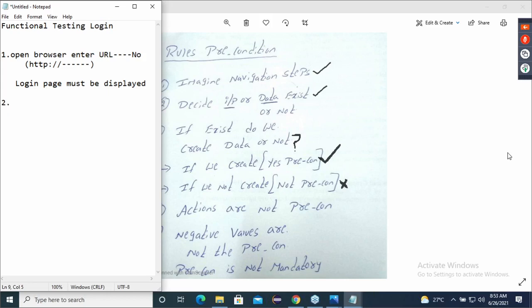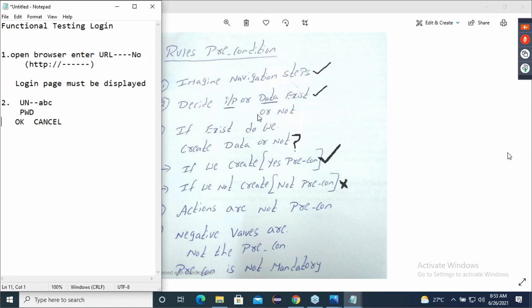Now, in the login page, guys, username will be there, password will be there. Let's assume an OK button will be there and a cancel button will be there. Sorry, a username text box will be there. Password, OK and Cancel will be there. Username, you have to type something, obviously, username ABC you have to type. Now tell me, is it a precondition or not?